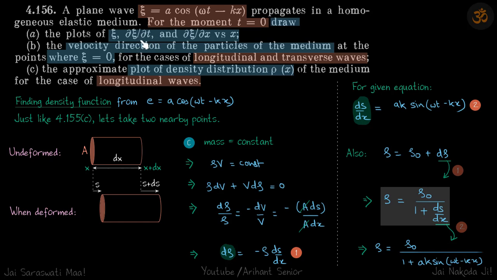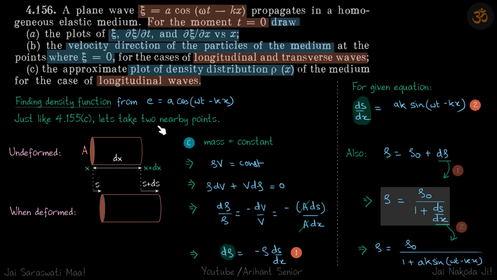So plotting this will be quite simple. Let's do this C part first, because when we plot rho(x) versus x, we are going to plot it along with this. So let's do the A part a little bit later. First, let's find the density distribution rho(x), finding the density distribution from E equal to a cos(omega t minus kx). That is our objective. So just like in the previous problem